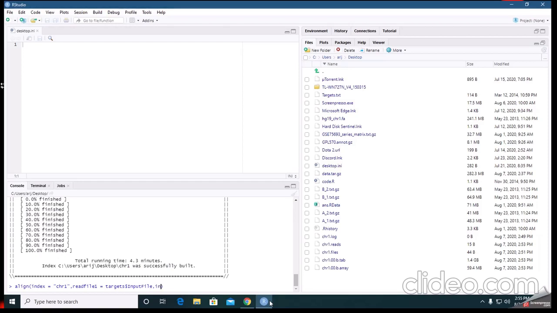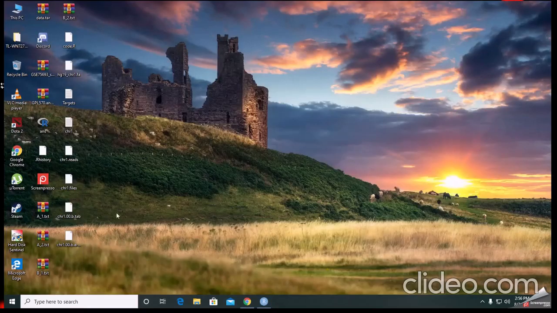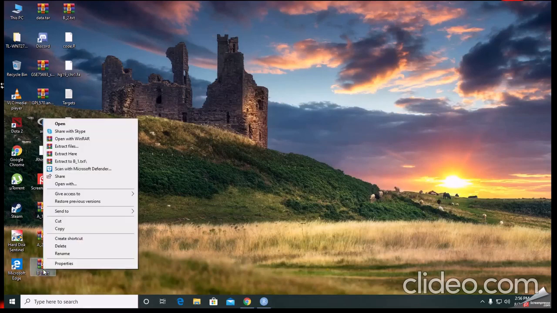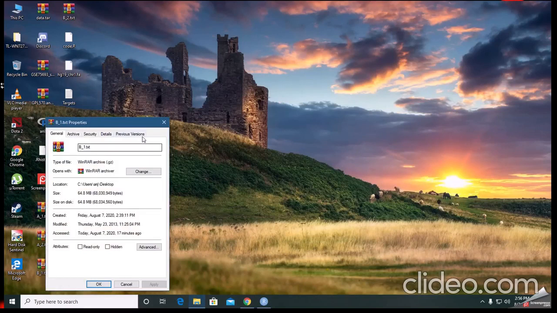And now we are going to use the input format function, and we take, basically our files are zip files, these A1, A2, B1 and B2 are zip files and in TXT.